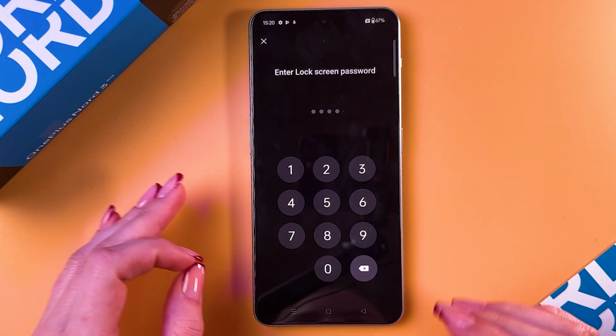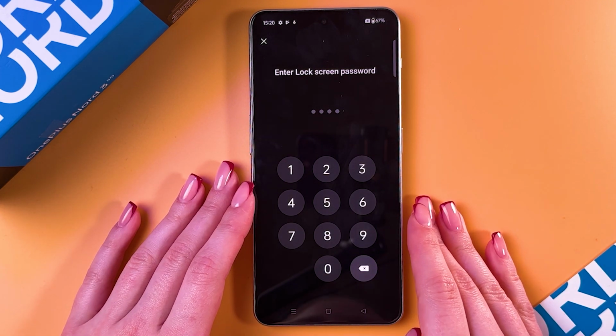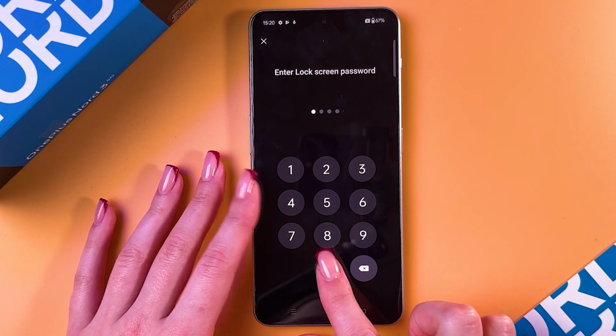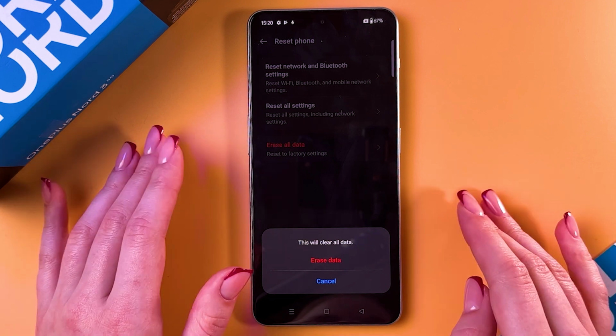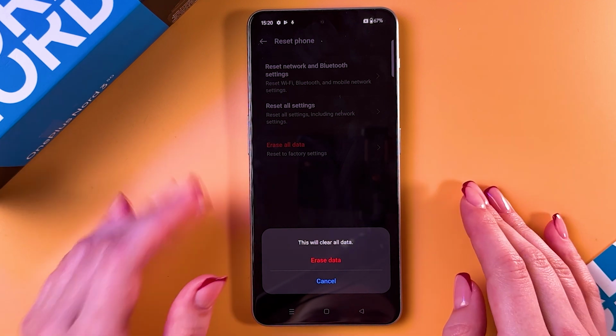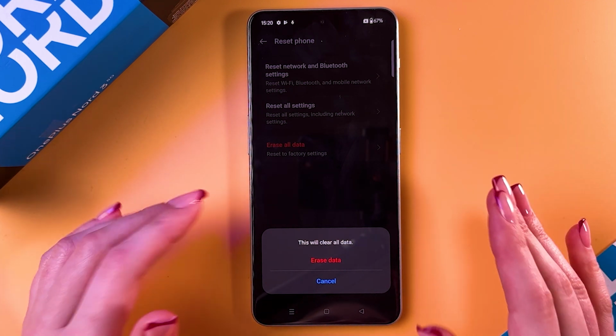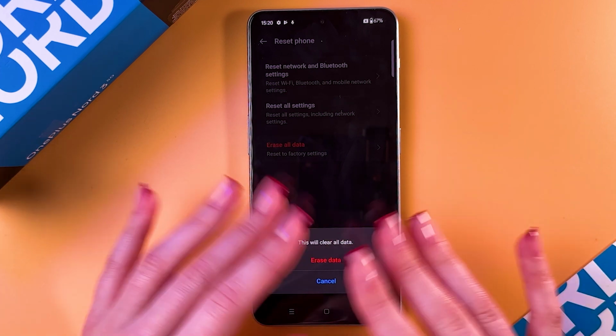So we need to select reset the phone, and after that choose this option, erase all data. Tap it. After that, if you have lock screen protection, you just need to enter it. And now you need to confirm that you are clearing all data. So after that step, you will need to set up your phone once more and all of your data will